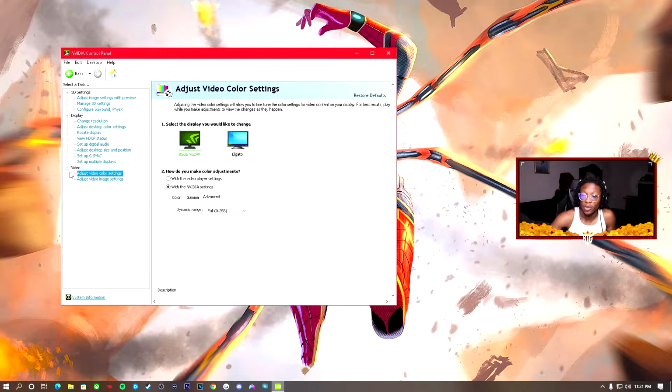Now the next thing we're going to do is go down to video, where it says adjust video color settings. You're going to go there and click your monitor. I don't really mess with the Elgato settings, because I think Elgato has a whole separate program for that, so I don't really mess with my Elgato settings. So like I said, pick your monitor. And how do you make color adjustments? We're going to go